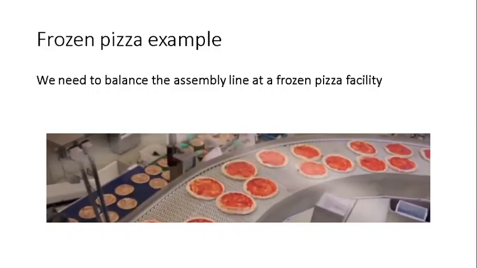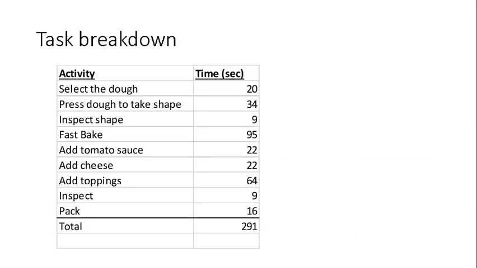Let's begin with a very simple example to introduce the basic notions around line balancing. Suppose that we have a facility that produces frozen pizzas to deliver to supermarkets. You can imagine roughly what the required tasks are in this facility in order to produce a frozen pizza. So a manager should first of all identify the necessary tasks and break them down into a table similar to this one. You can see here to the left side the tasks that have to be performed